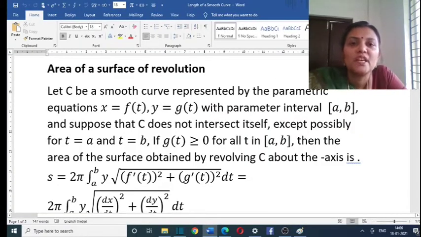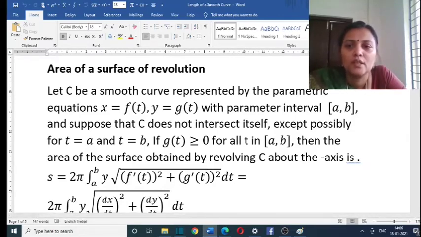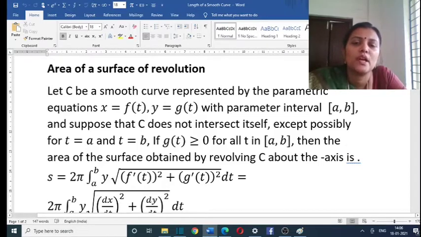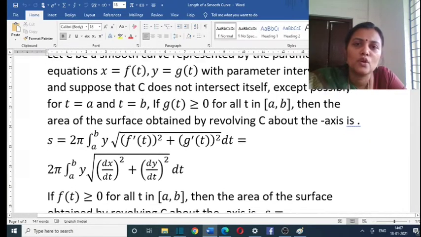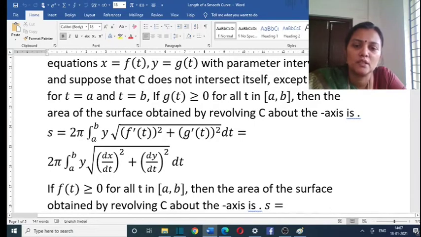Next portion is area of surface of a revolution. Let C be a smooth curve represented by the parametric equations x equal to f of t and y equal to g of t with parameter interval ab, and suppose that C does not intersect itself except possibly for t equal to a and t equal to b. If g of t greater than or equal to 0 for all t in closed interval ab, then the area of the surface obtained by revolving C about the x-axis is S is equal to 2 pi into integral a to b y into square root of f dash t all square plus g dash t all square dt,